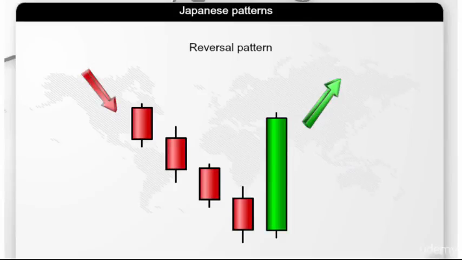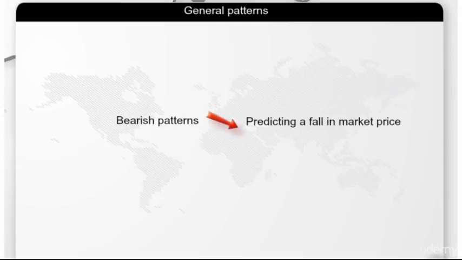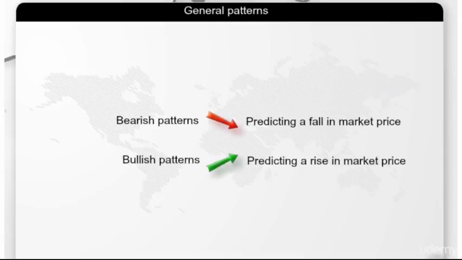In general, you can define the colors of the candlestick in each trading platform to suit your individual preference. Bearish candlesticks are usually red, whereas bullish candlesticks are green. To prevent confusion, from here on in, we'll refer to them using these colors. The following can be considered both bearish patterns, predicting a fall in market price, and bullish patterns, predicting a rise